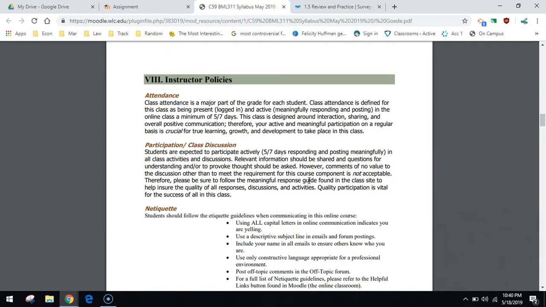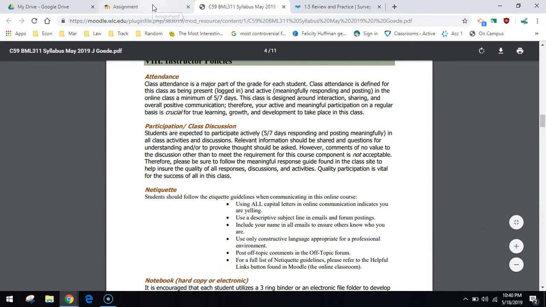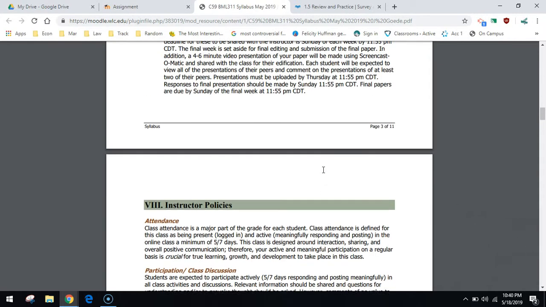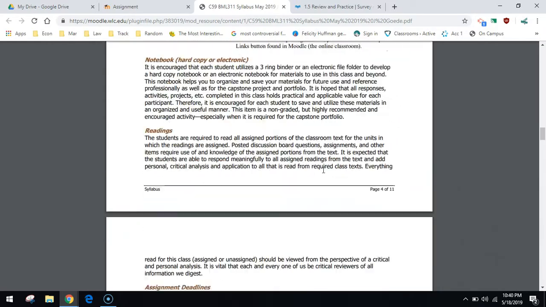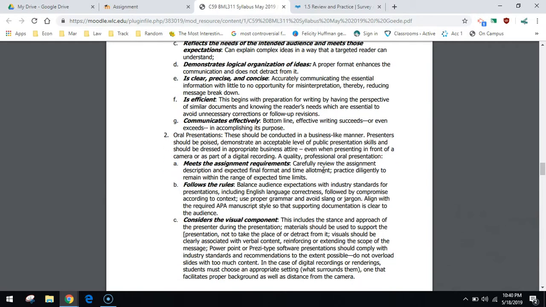So a few other things in the syllabus you can pop through. It is our expectation that you are in Moodle on a regular basis. The assignments are set up so that it would be difficult for you not to be, and meeting deadlines. And as you know, one of the requirements of a course here is that all assignments are completed.